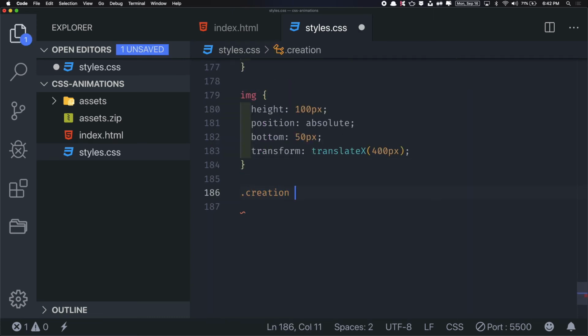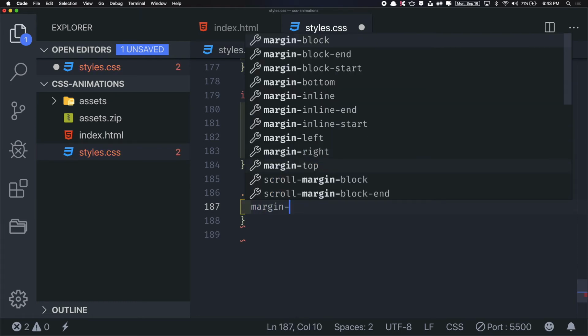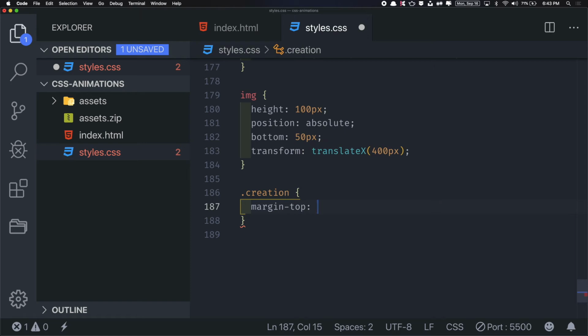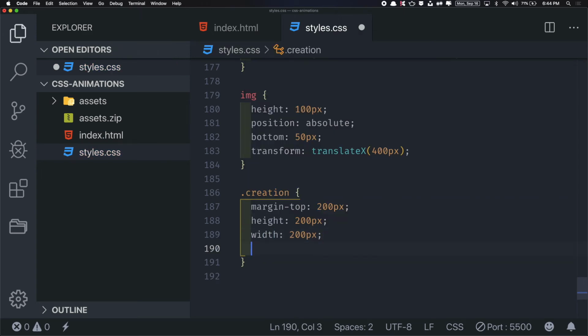So I'm gonna target that and give it some margin on top so we can have some space. Cool. So let's give it some height, let's say 200 pixels, and a width of 200 pixels. And let's give it a background color